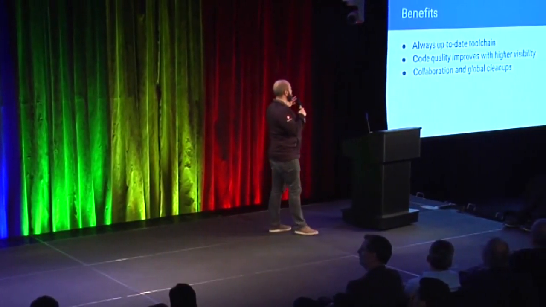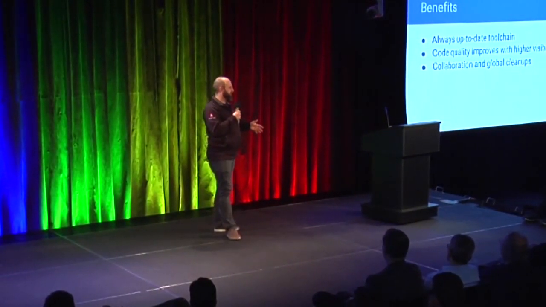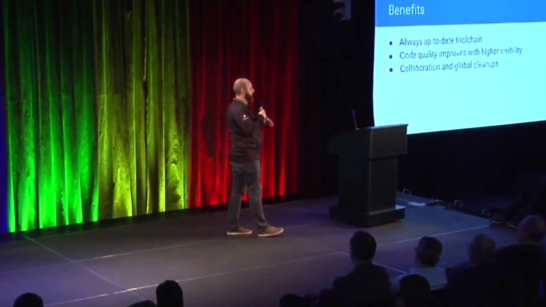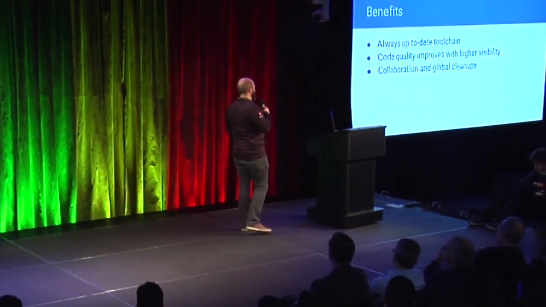The code quality, I think, really improves with higher visibility. There are no silos where some team is trying to hide their code because they don't think it's very good. All code is visible by other teams. They can take a look and decide whether they want to. Maybe you look around and you take some good patterns. Maybe you decide this pattern is crazy. I'm not going to use it in my code.